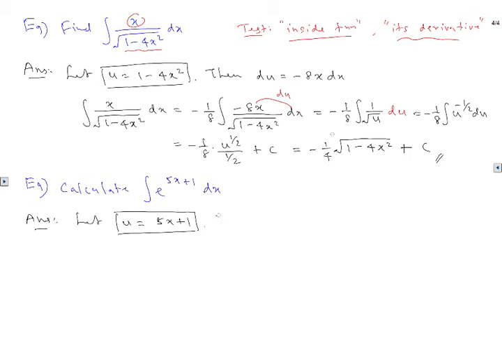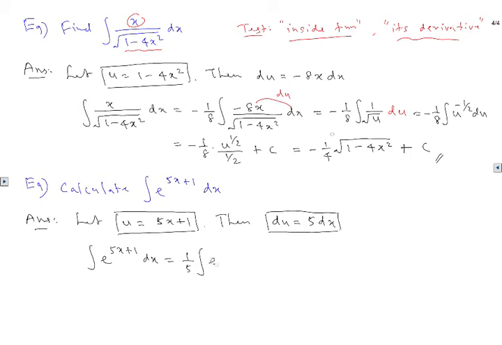So then what happens? du equals what? Take the derivative. Once you take the derivative, it is 5 dx. Now we know what to do. We're going to manipulate the integral now. e to the 5x plus 1 dx. 5 is not there, so 1/5,